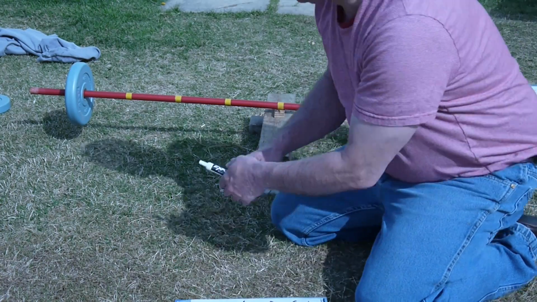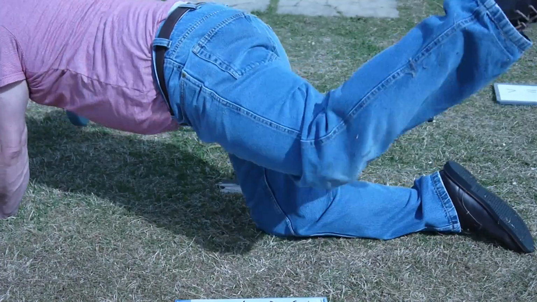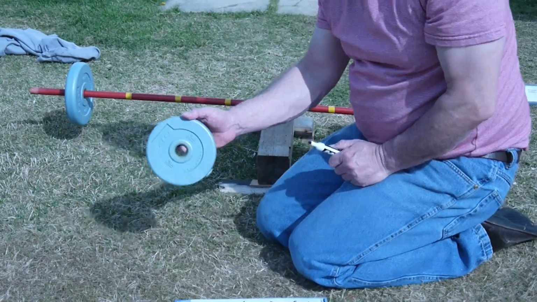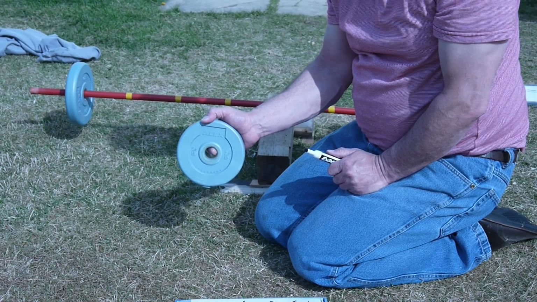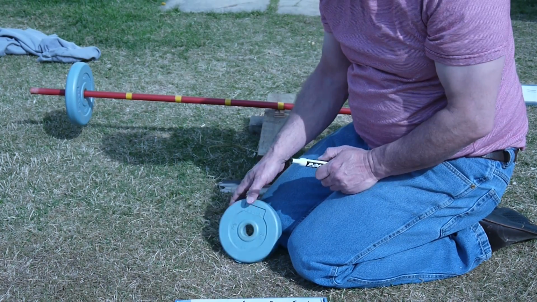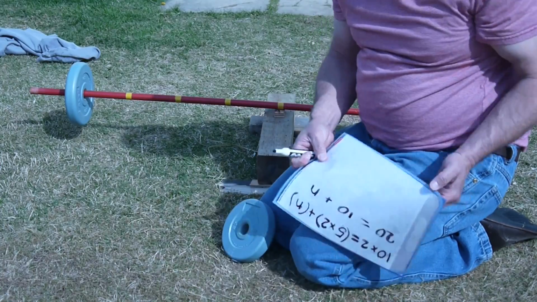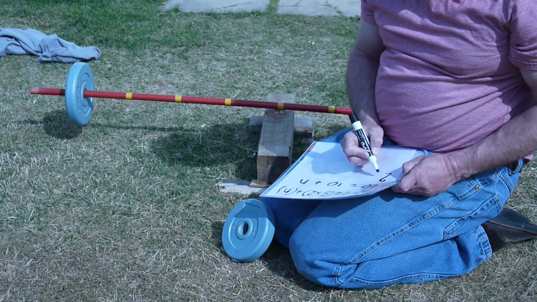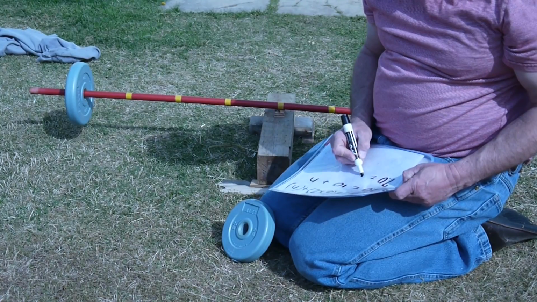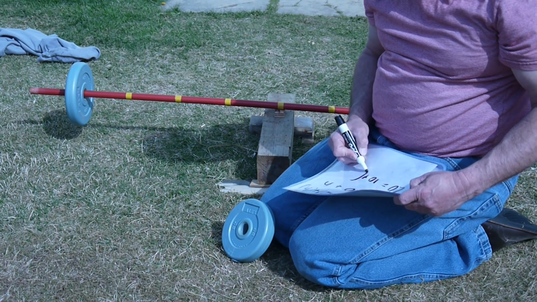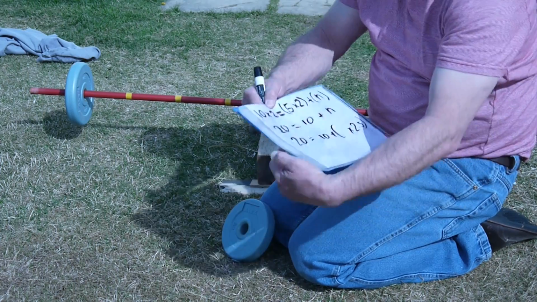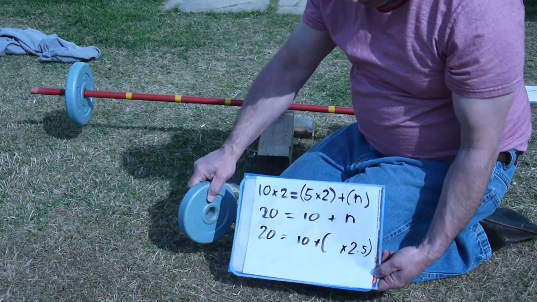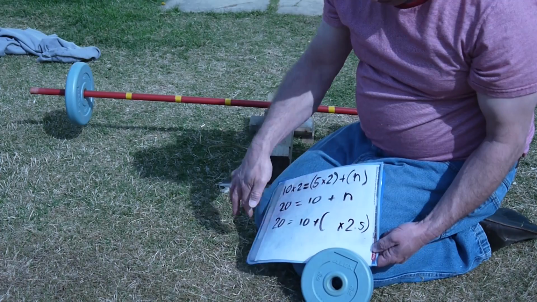Now, the only thing that I have available to me right now is this 2.5-pound weight. So somehow I need to get this in order to make this work. I've got to get this 2.5